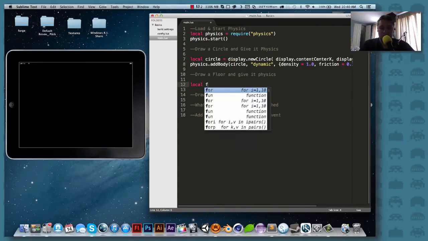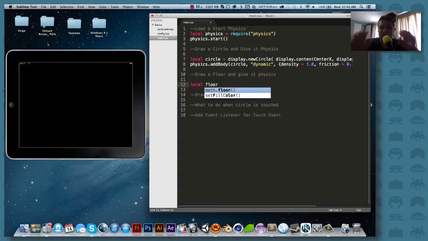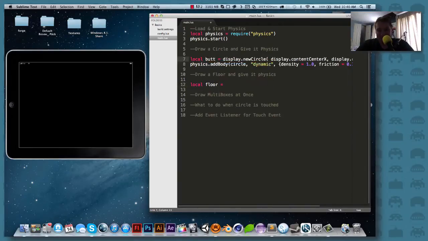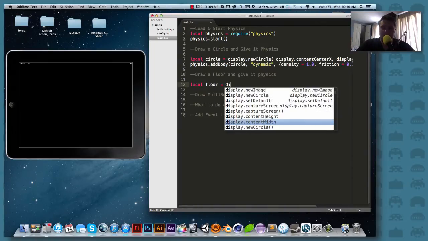So to go ahead, type local floor. Now these names I'm giving them are not names you have to have. Again, you can name these whatever you want. I could name this butt face if I wanted to. It doesn't really matter as long as everything correlates. All right, so we're going to type in floor, and this is display